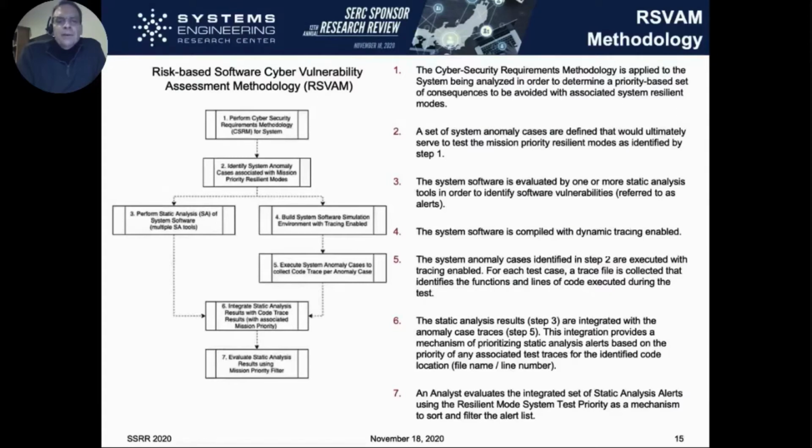is going to involve dynamic tracing of the software based on important system or anomaly test cases. The test cases we're interested in are those related to the primary important missions of the system. So once we identify those, there are two paths: doing the static analysis of the code with multiple tools, and then, based on these test cases identified, building the software with code tracing enabled,